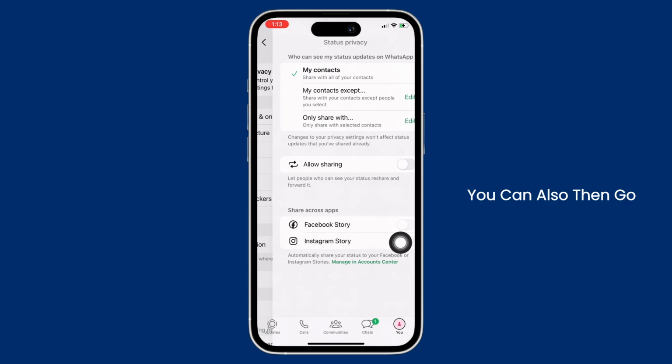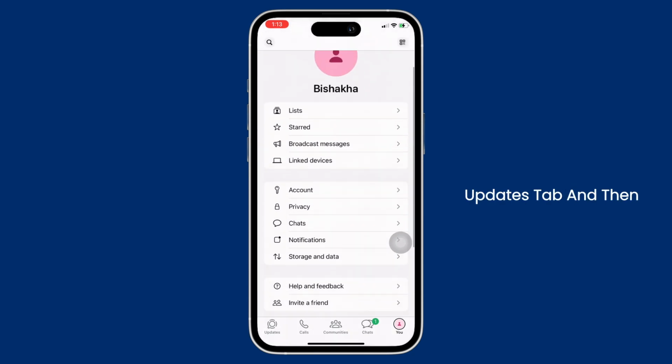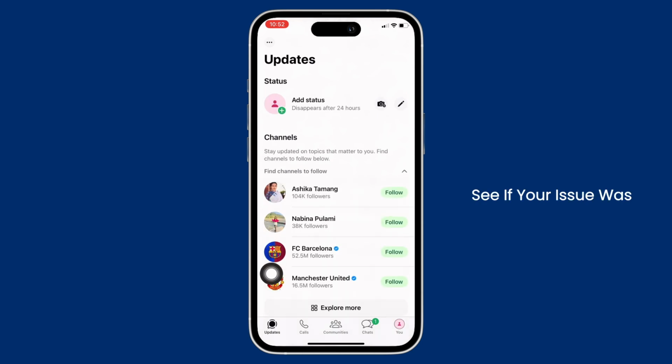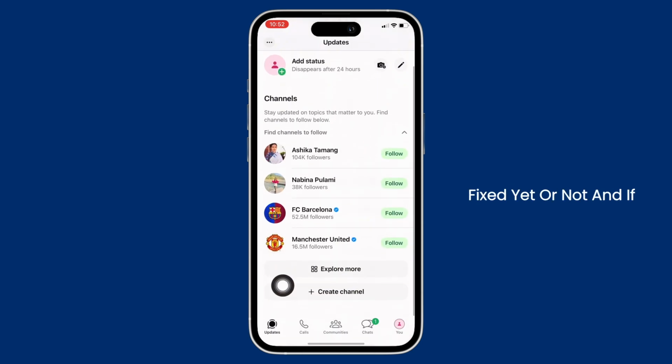You can also then go ahead and open the updates tab and then scroll down to the bottom for muted updates. See if your issue is fixed yet or not, and if not, then in WhatsApp again, tap on the